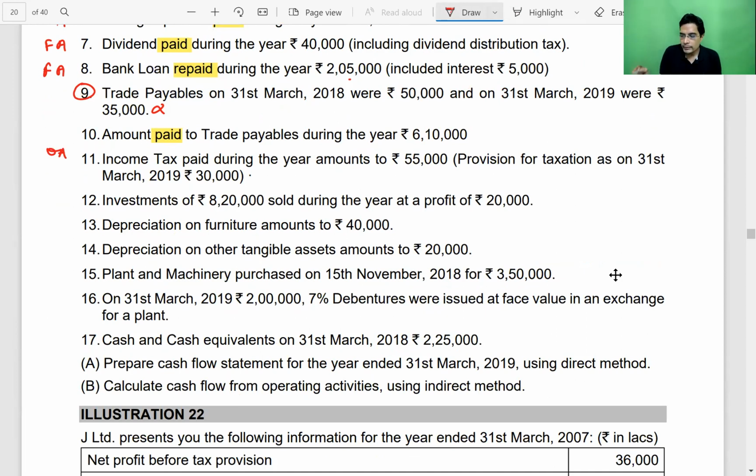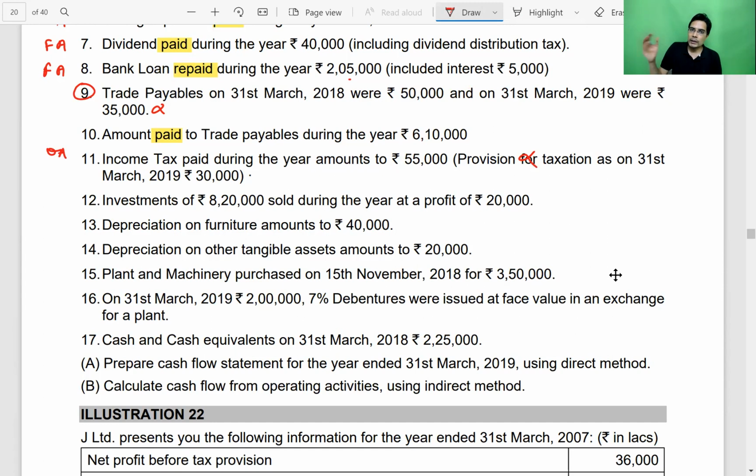Provision for taxation under direct method is of no use because of the procedure for calculating cash flow from operating activity under direct method. From the transactions which fall under the heading of operating activity, whatever cash has been received will be recorded as an inflow. And whatever cash has been paid will be recorded as an outflow. Then we will deduct tax paid and we will adjust extraordinary items to arrive at cash flow from operating activity under direct method.